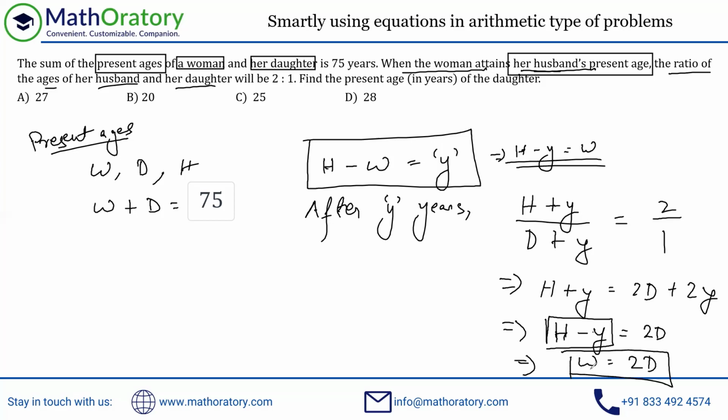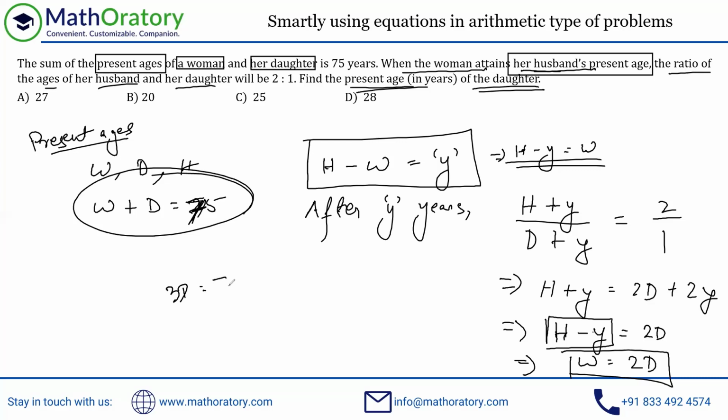So now using this and this initial thing that we know, we can find the present age of the daughter, what is required in the question. So either you make it an equation, or you use the ratio idea, 2:1, whichever way you do this. Okay, by the way, I'd written this wrong, right? It's 75 years, my bad. So this is W plus D is equal to 75. So 3D is 75, and D comes out to be 25. Or you can use the ratio idea, 2:1, divide the 75, 50 and 25. So the daughter is 25 years old currently.